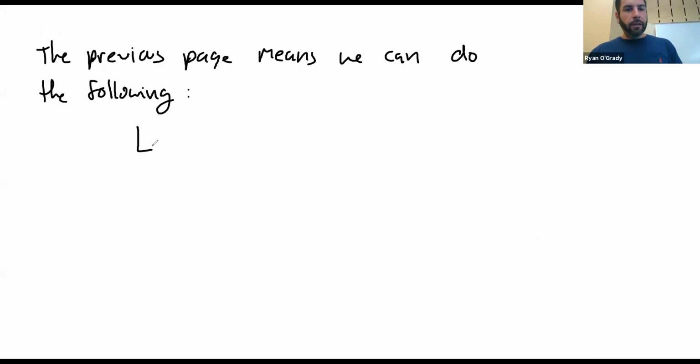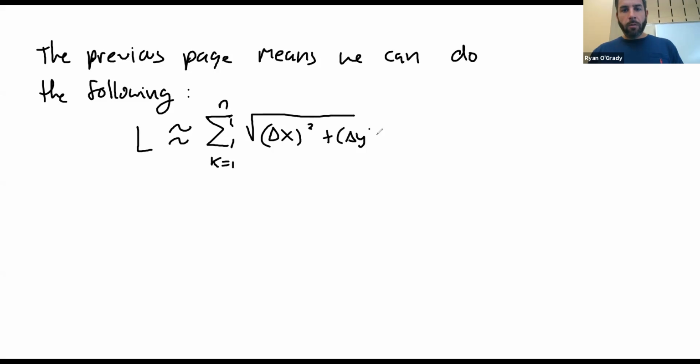We know the length of the curve is approximately the sum, k goes from 1 to n, of the square root of delta x quantity squared plus delta y quantity squared. Now, what the previous page showed us is if we can somehow get dy over dx,